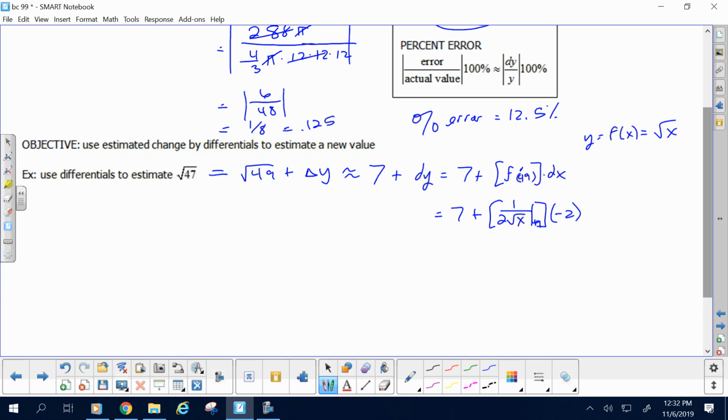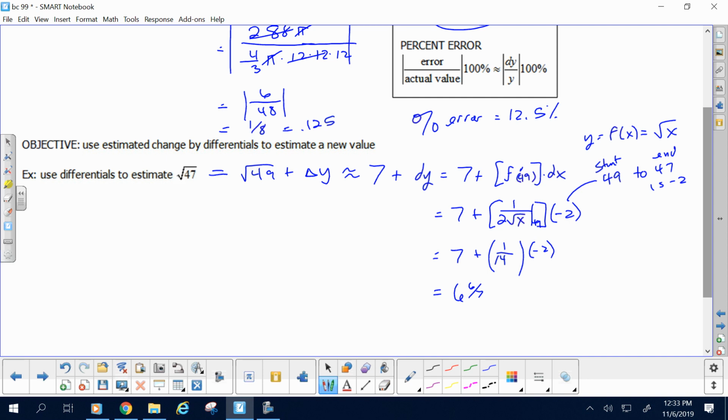Okay, this comes from 49 to 47, which is -2. Where you start, the good point, to where you're trying to end, or where you're trying to estimate, and that's -2. Now that makes sense, because if we're trying to find root 47, aren't we going to be a little less than 7? Yeah. All right. So here we go. 7 plus, what's the rate of change at 49? 1/14. You could look at that as y changing 1 for every x change of 14 units. But I'm only changing x by 2 units, so y will only change by -1/7 unit, and so our estimate is